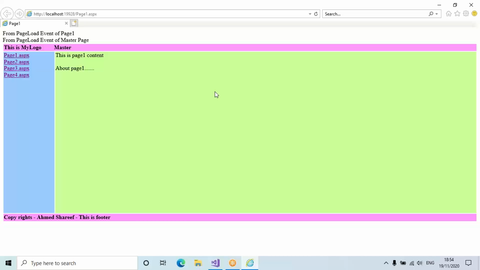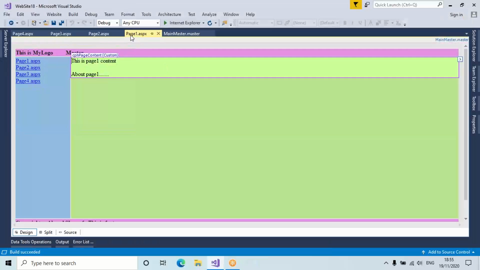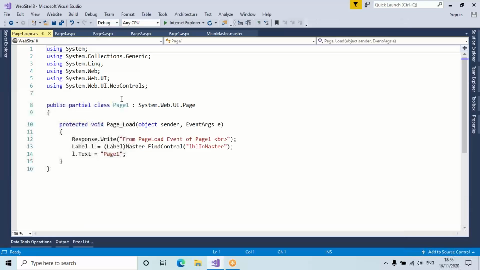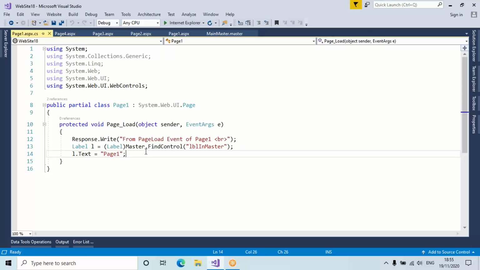But actually what you need is page 1 there. And we are trying to change the content of the label dynamically. Static text is, however, there, but we are trying to change the master page label content at runtime, dynamically. Then what to do? Go to page1.aspx, F7. Here, what I am supposed to do in this page 1 is, because the page load complete event is executed after page load, I better write